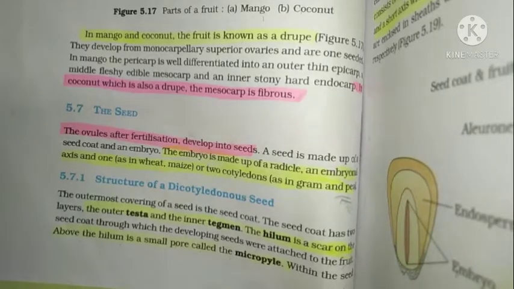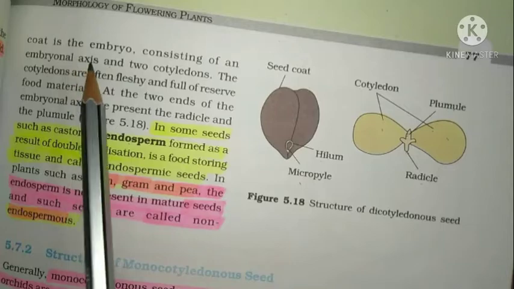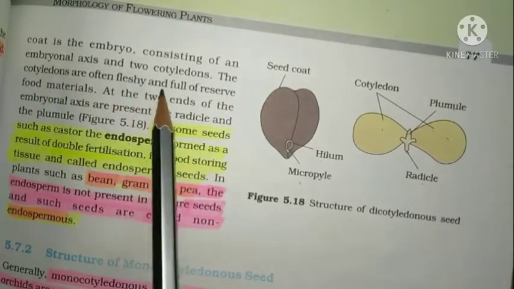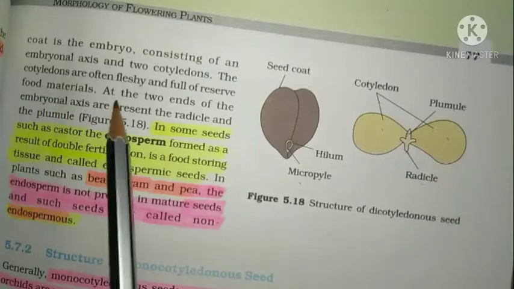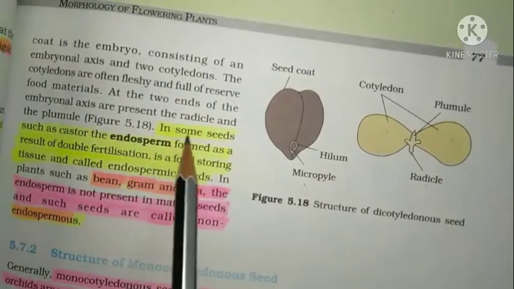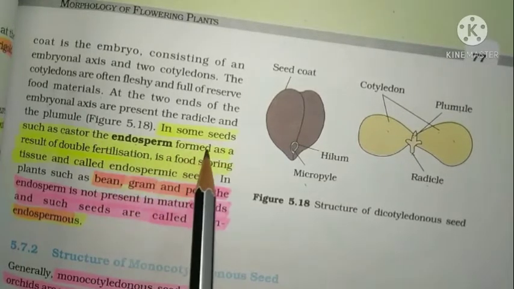Within the seed coat is an embryo consisting of the embryonal axis and the two cotyledons. The cotyledons are often fleshy and full of reserved food material. At the two ends of the embryonal axis are present the radicle and the plumule. In Figure 5.18, in some seeds such as